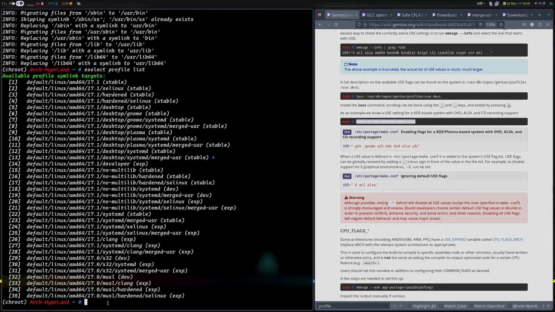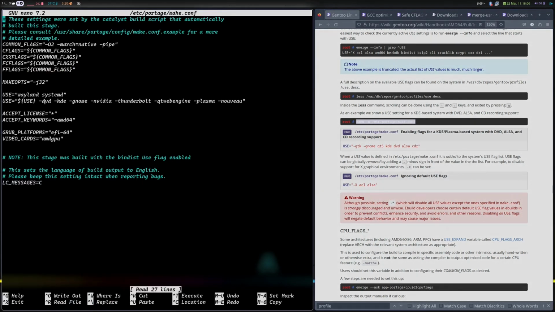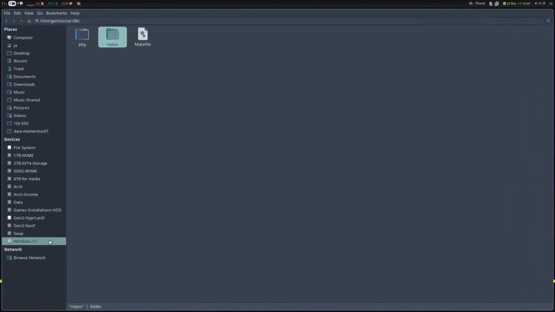So let's just go ahead and check. So I already typed earlier the make.conf, which is -j32. My system now is -j32, and I'm recording it on my laptop, so it's just faster compilation. And then USE is, I already have this wlan, systemd, and then I don't want all this kind of things. Now, of course, I mentioned earlier I have already a